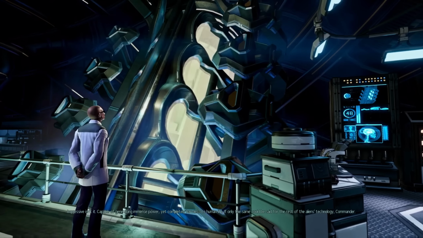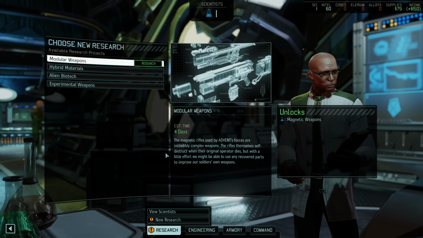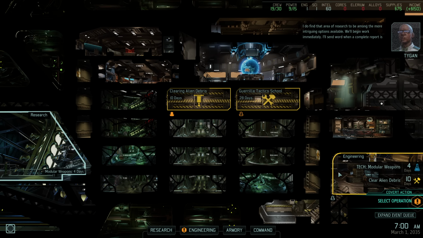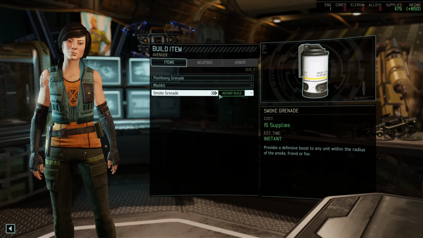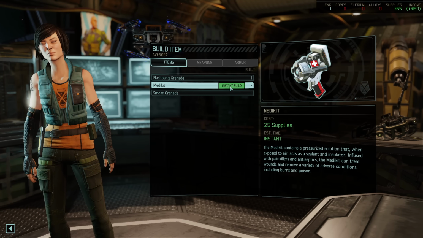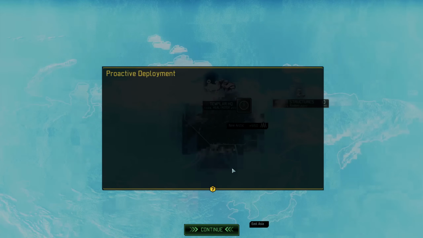So that's that. We'll start our research really quick. And then we'll go to the strategic layer. I'll show you how covert infiltration works. Modular weapons, engineering. We can make a medkit. And a flashbang. I will need flashbangs for sure. We should see if any of the troops have...